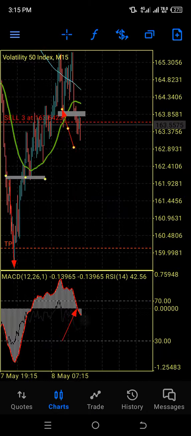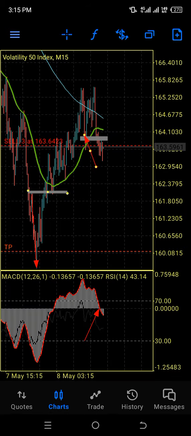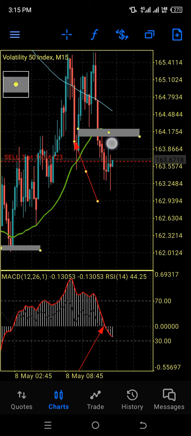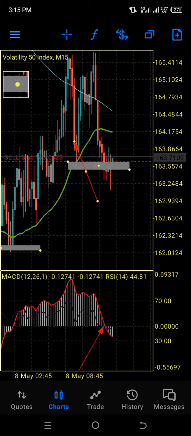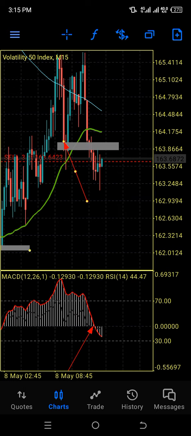So don't forget, this is a live account and I'm flipping these accounts. Okay, so this is it. Price has created a double top right here, and we have the last point broken right there. You could use this point as well with the wick, but I've considered using here and leaving the wick out. And so that is the neckline for me, and presently this is where price is.